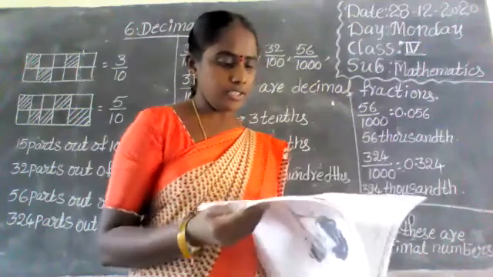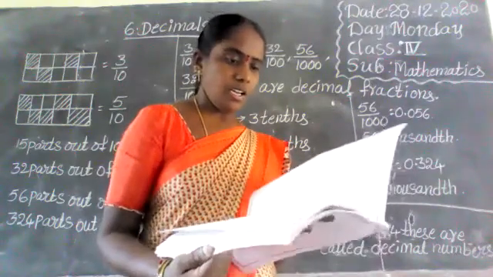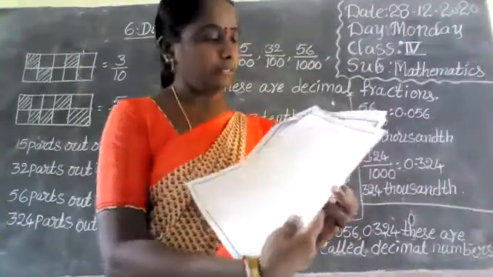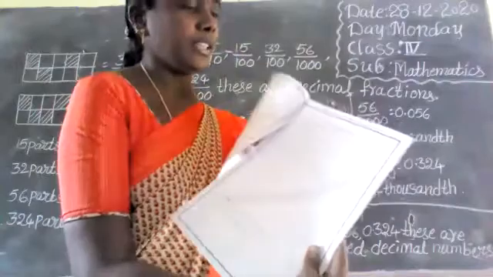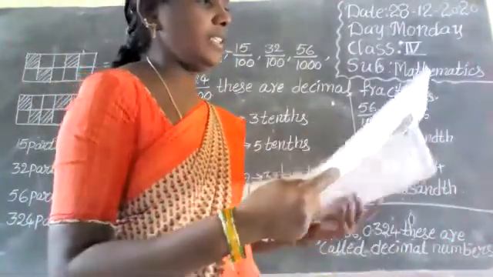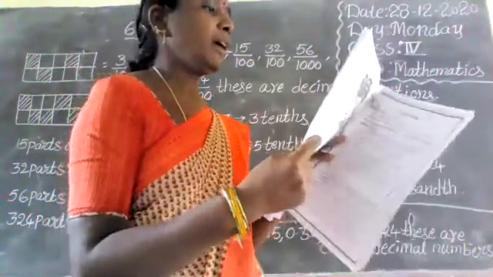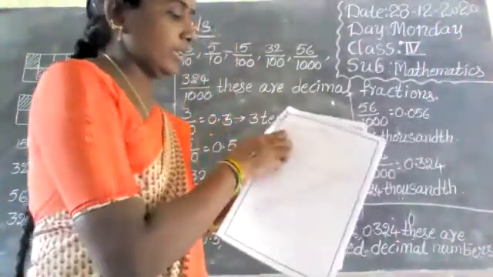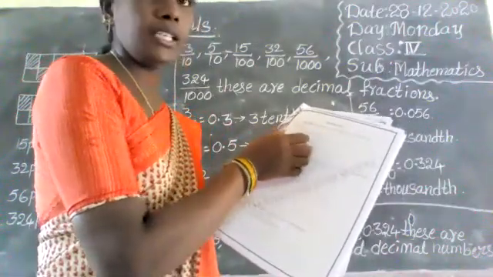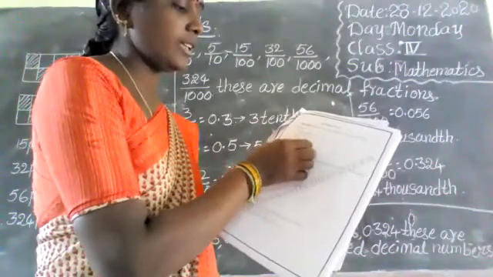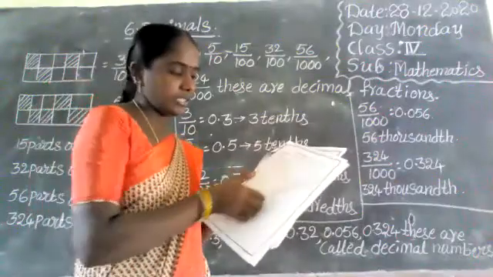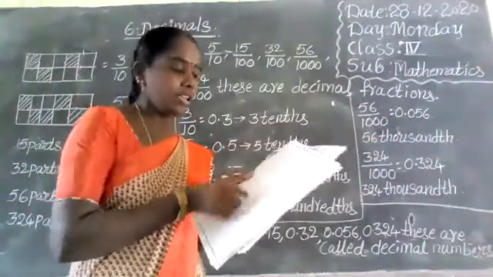And in the day 2 worksheet, here place value is given, and one example is already given for you. Place value: the value of a digit as determined by its position in a number. 36,987. What is the place value of 3? What is the place value of 6, 9, 8, 7? Here one example is also given. So you complete the remaining numbers as it is.